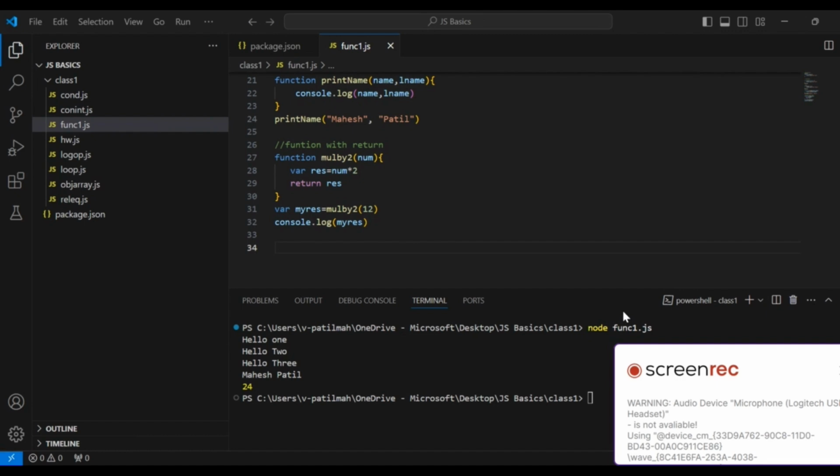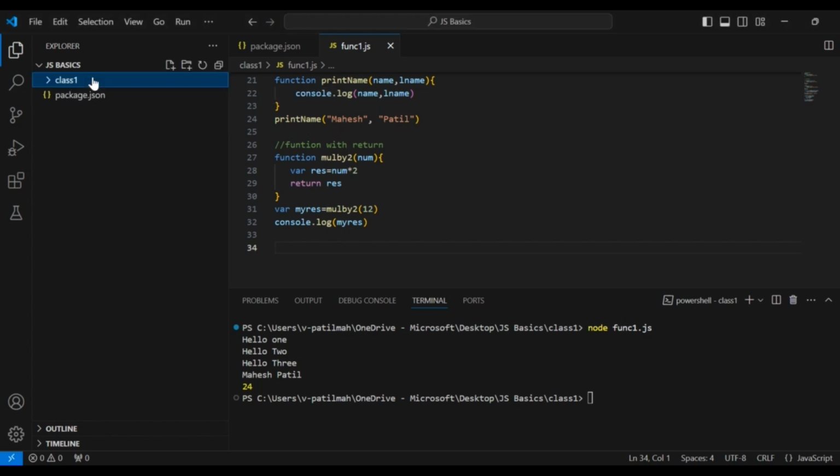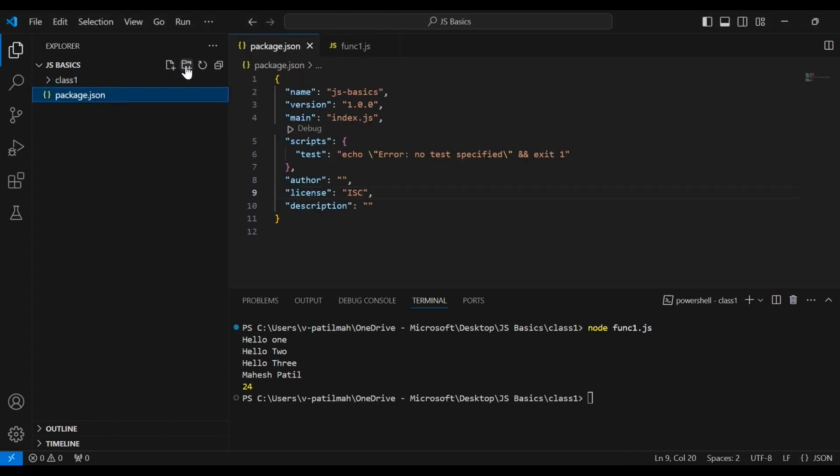Okay, finally, let's talk about how to structure your code with functions in different files. You can organize functions into separate files and import them when needed. So what I mean is, let me just create one more folder. I'll just call it class 2. Inside this, I'll create one file. I'll name it